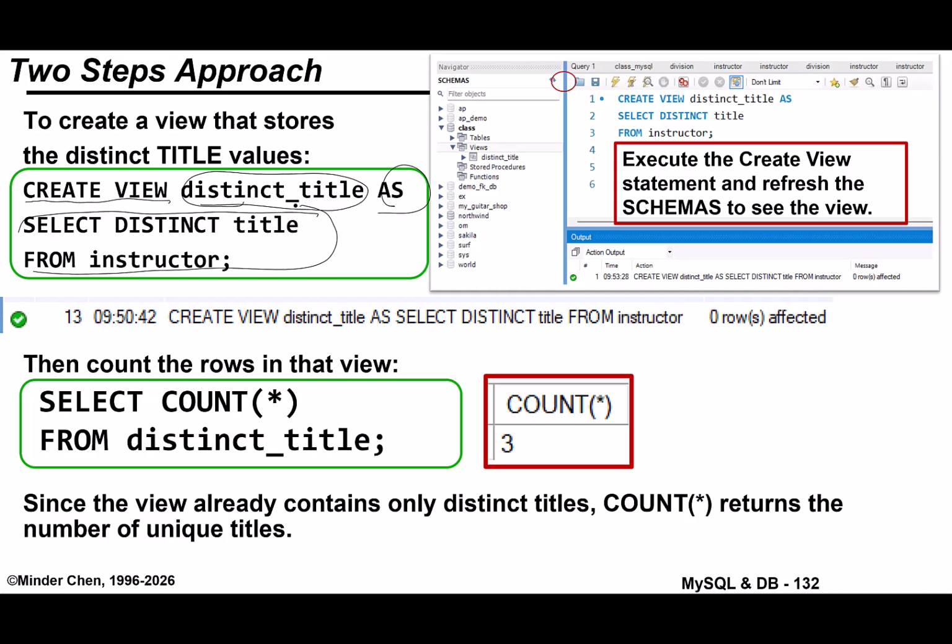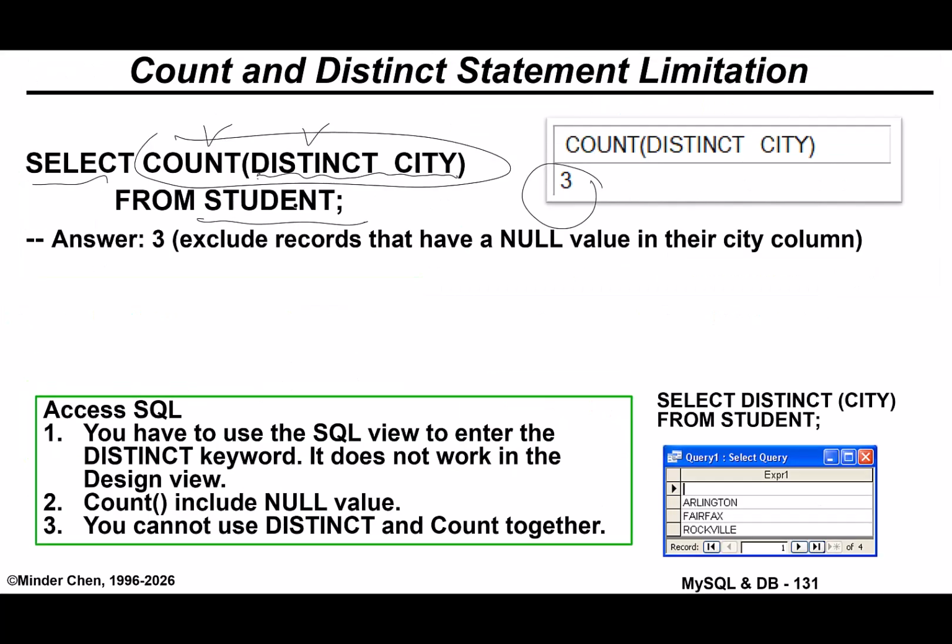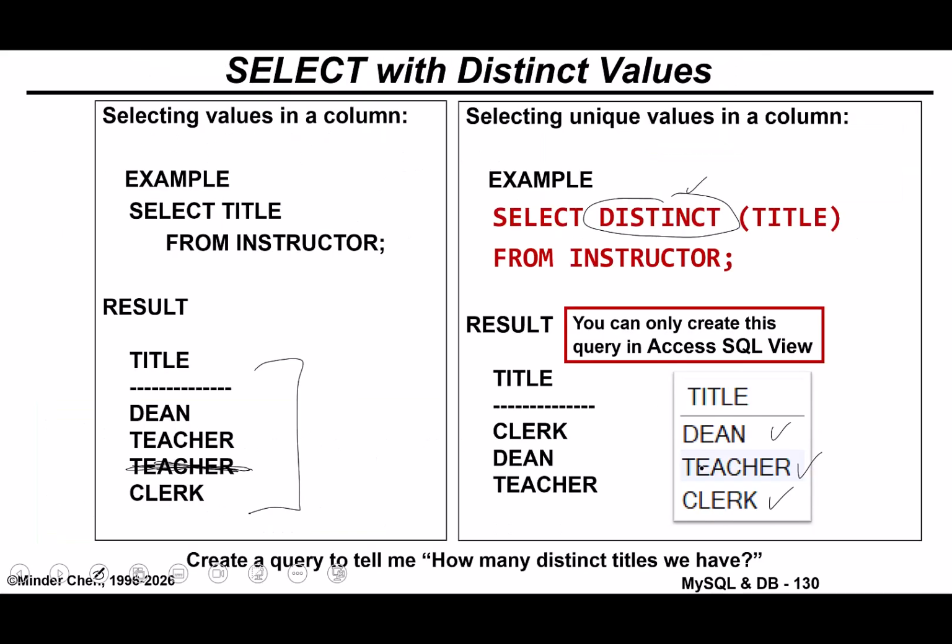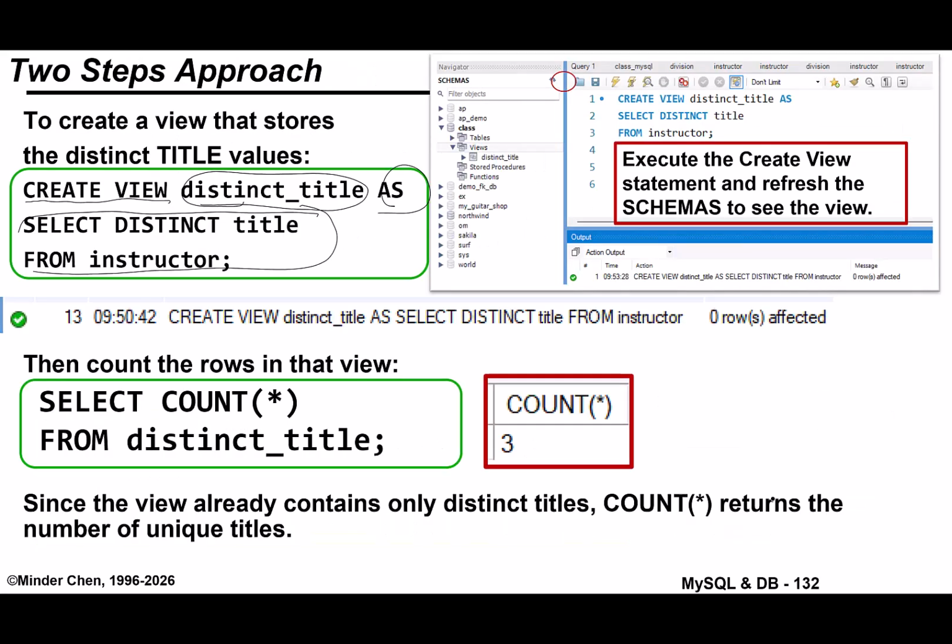And once we have the view, it should have only 3. Let me see when I have it. That select statement should return only 3 titles, and so the view, if you use the view in your select statement, it should only return 3 titles, and then you can count, which will return 3 for you. Okay, this is a little bit complicated, so